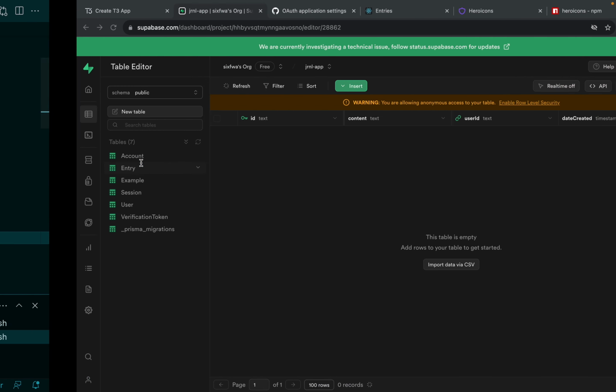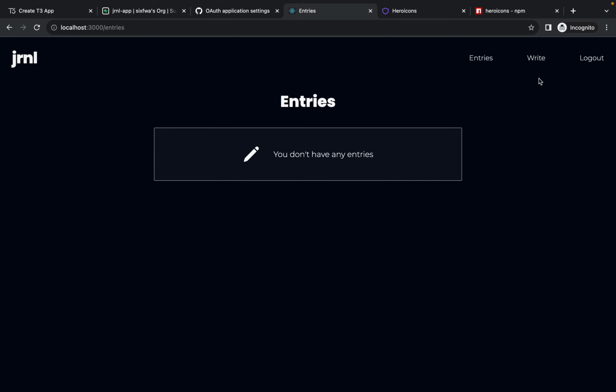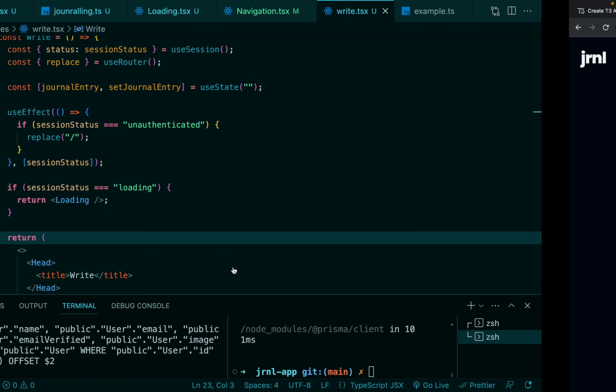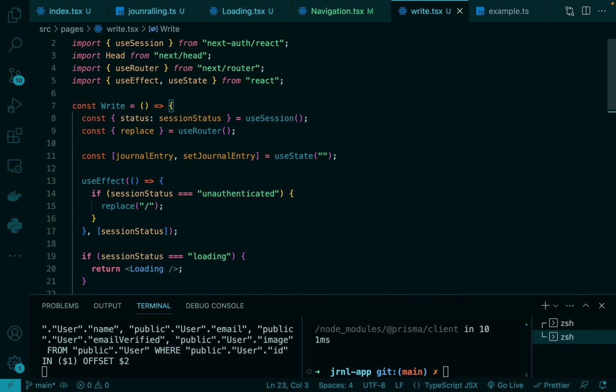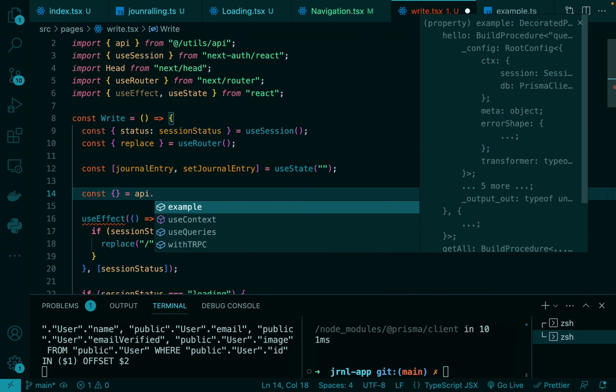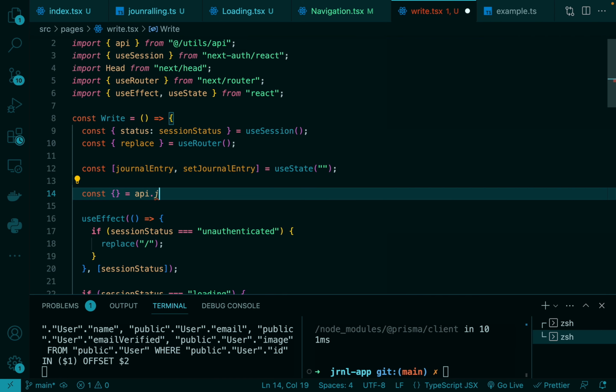So now what we can do is head over to the right page, and this is this page here. So we're on here, and when we submit this, when we click finish, we're going to send that data to the mutation that we just created. So how can we do that? Let's go ahead and in here we'll say const equals and then api.journaling,